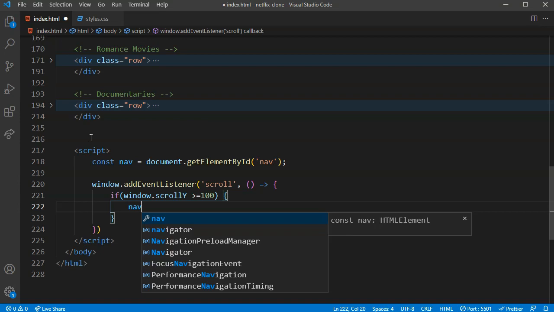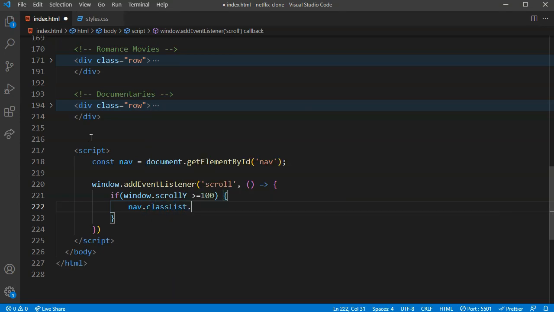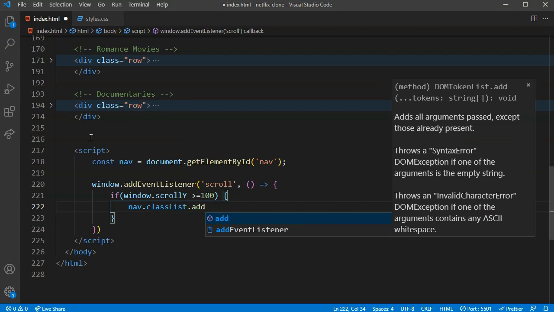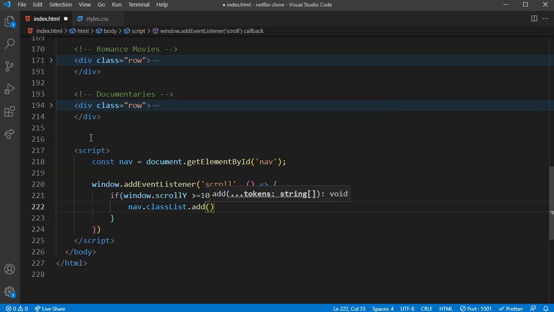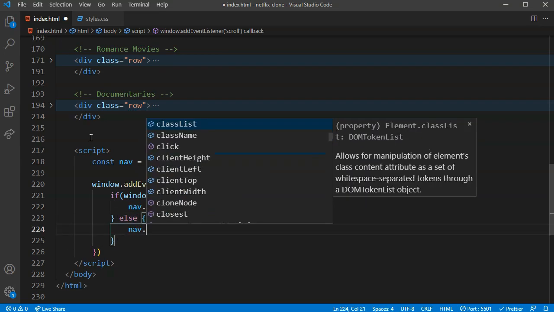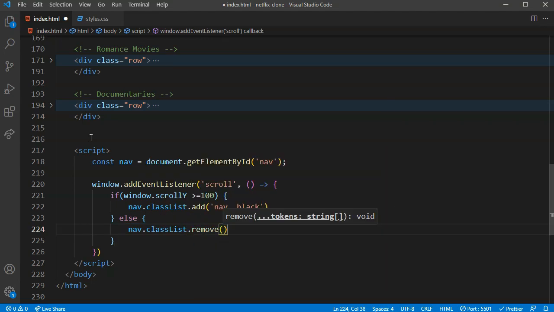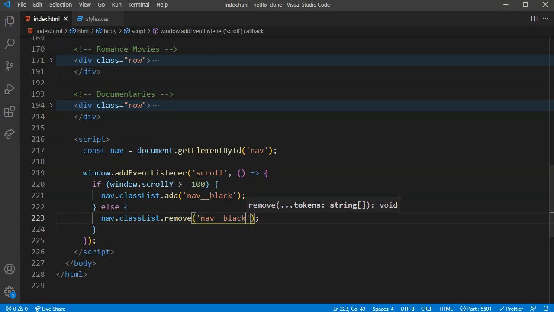We just defined it in our styles.css. I'm just gonna say class list dot add this class name, nav black. Else I want to remove it, so here I'm going to say class list dot remove nav black. So if I save that and check,